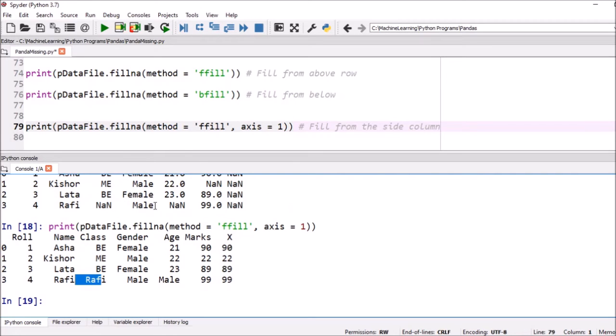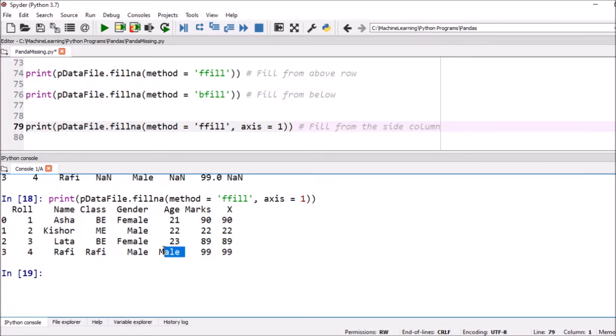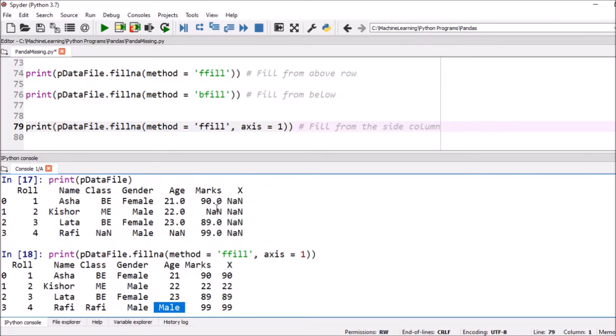In this case after male it is not a null, so it will copy the left side, male. Now it is also male. In marks, 22 is there, now it copies the 22. Now here it is 90, same as 90, it copies the left, now 22, then 89, then it is 89, 99, then it is 99.